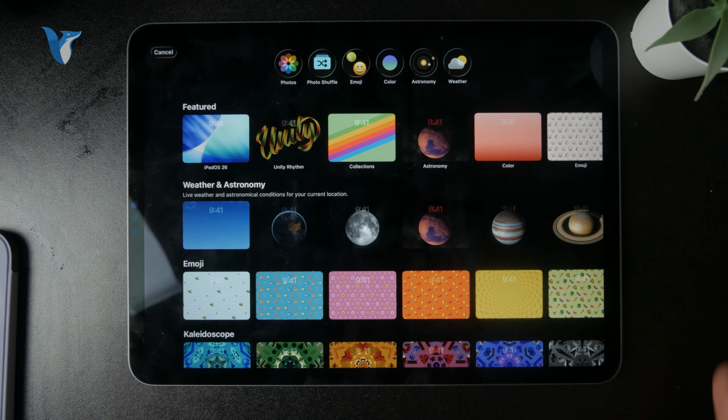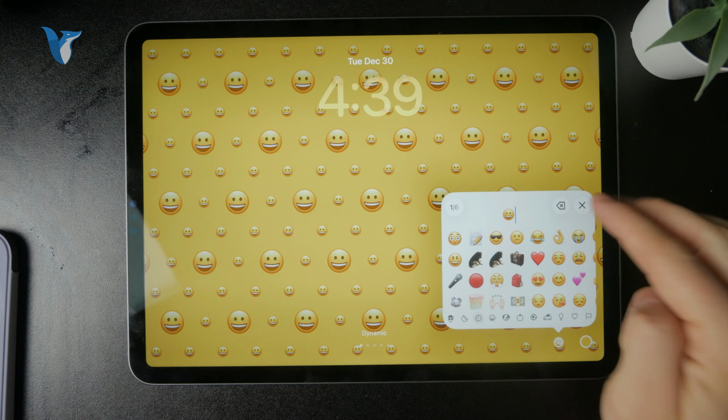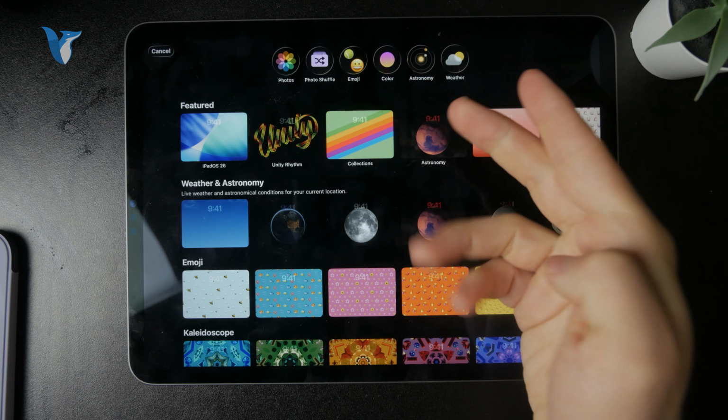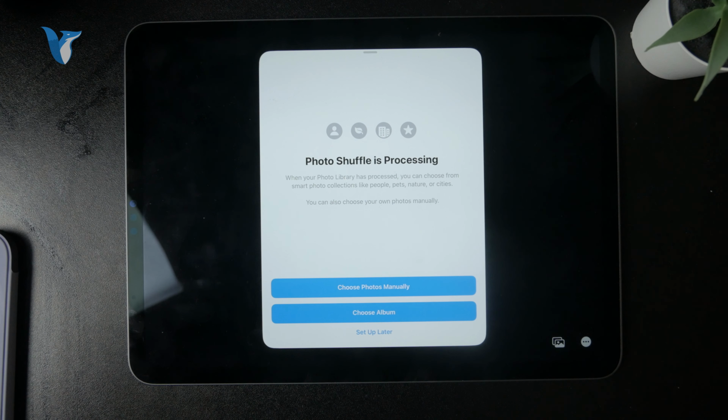Plenty of different ways. Obviously, you can also click on the colors and emojis and also photos, so you can access your pictures, and even a photo shuffle, which will change your wallpapers on the lock screen all the time. It will rotate through your selected images, so that is something that is a popular option for a lot of